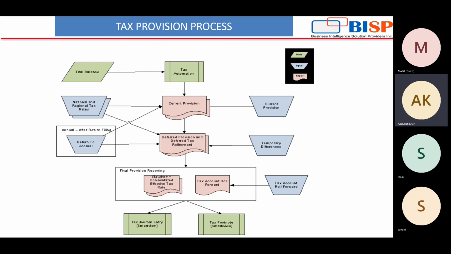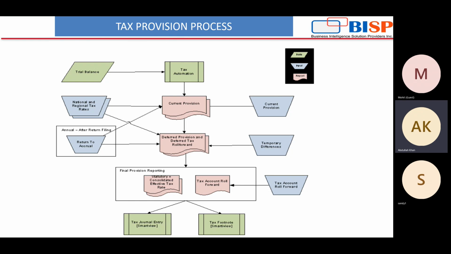So we take a look at the tax provision process. First of all, the trial balance data will be input in the tax automation. From there, the provision will be calculated by entering the national and the regional tax rates. Also, in case there are any return to accrual adjustments, any data from the previous year returns which needs to be input in the current year